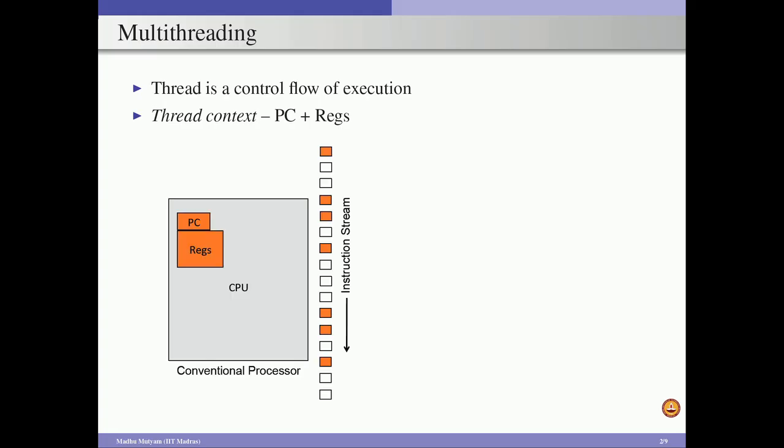So, in a conventional processor, we typically have one program counter and one set of architectural registers, and this entire thing is called the thread context. This conventional processor is dealing with only one thread at any point of time. Once we have a single thread context for this hardware, then at any point of time it can execute only one thread, or the instructions from a single thread. If you see the instruction stream, it always takes the instructions from the single thread and executes them.